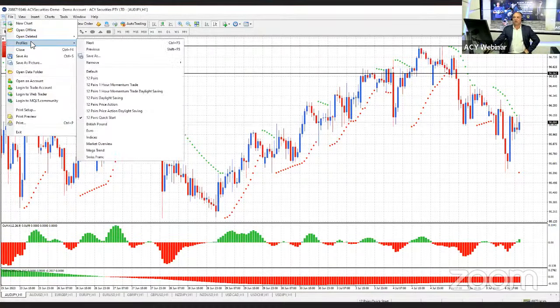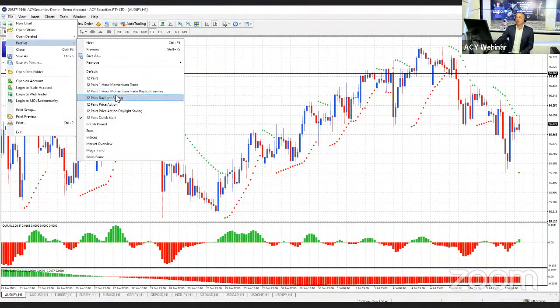All of our clients can have access. You'll see here I've got this 12 pairs. That's 12 currency pairs set up for you to look at easily each day with Quick Start. But then we have all these other different trading setups. Your platform can look exactly like mine. That way, when you're meeting to talk about your trading, we can use Zoom and we can see what you're doing and you can see what we're doing. So it becomes a very handy environment.